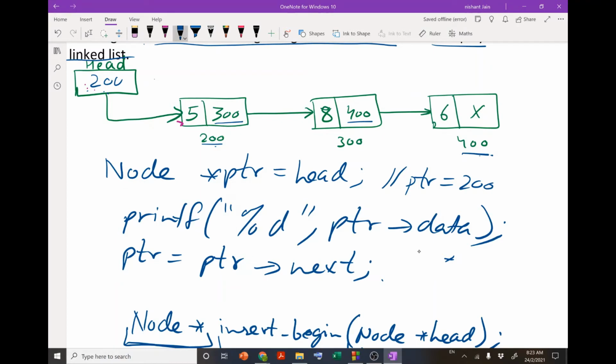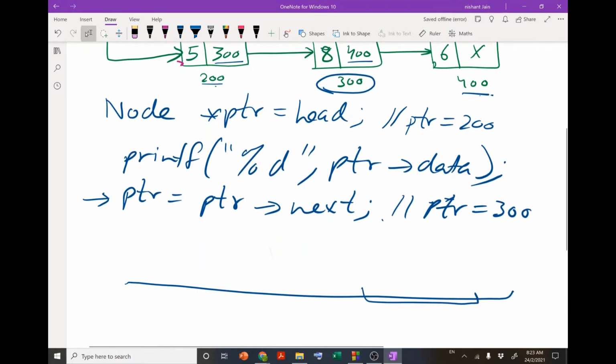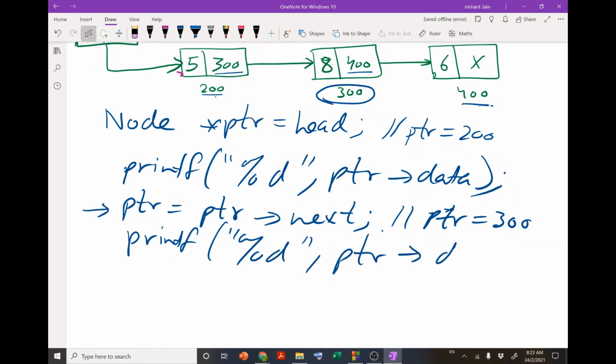With this ptr equals ptr next, I will be able to go to the next node, which will be 300. It will make the value of ptr equal to 300, right? After this, I can repeat this printf command to print the value of ptr. Since it is repeating again and again, you can see that over here it is going to print the value 8.